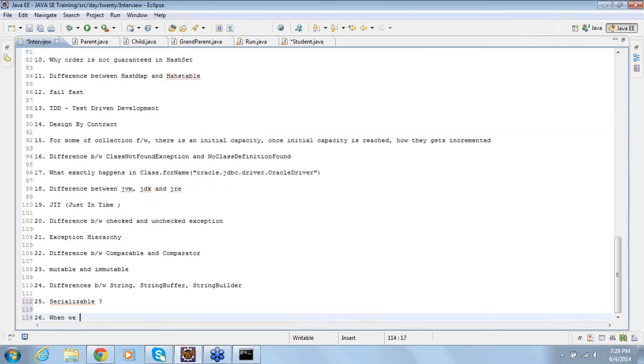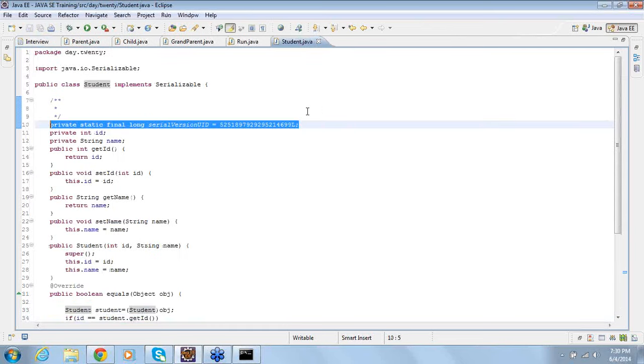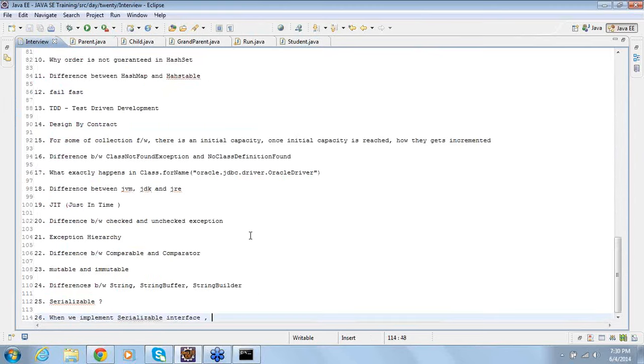And when we implement the serializable interface, what is the significance of this?